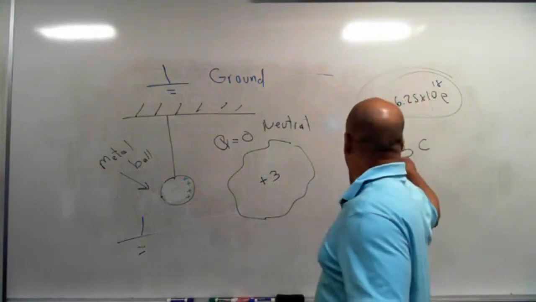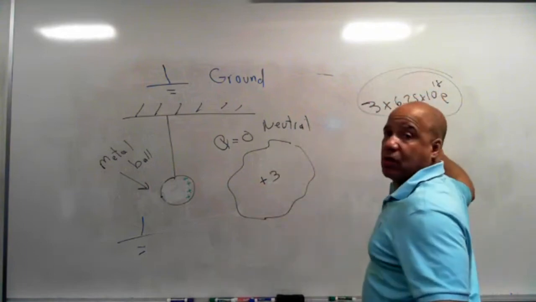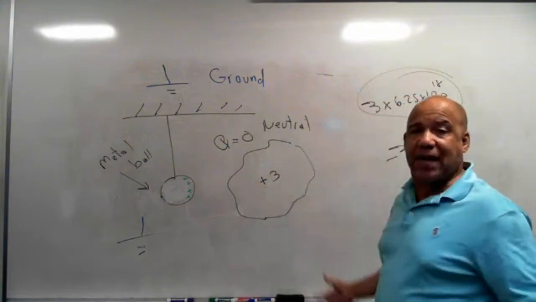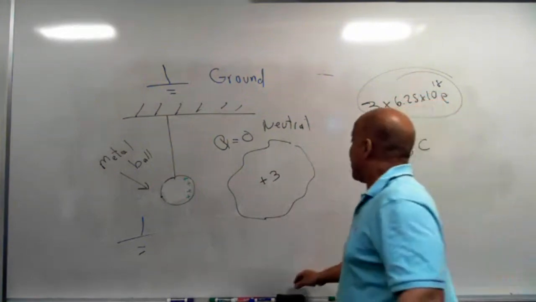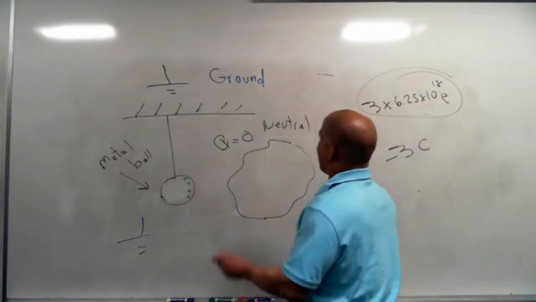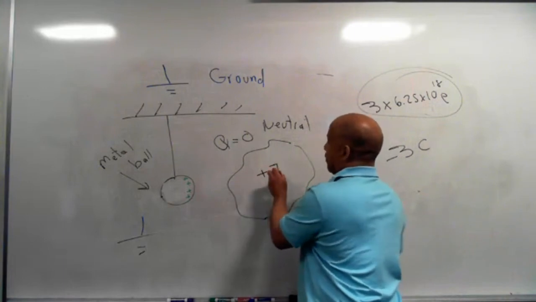If I'm talking about how much charge I removed, I removed negative 3 coulombs. How much charge is left? There's positive 3 left on the thing that I took the electrons away from. But if this was already positive 7 coulombs,